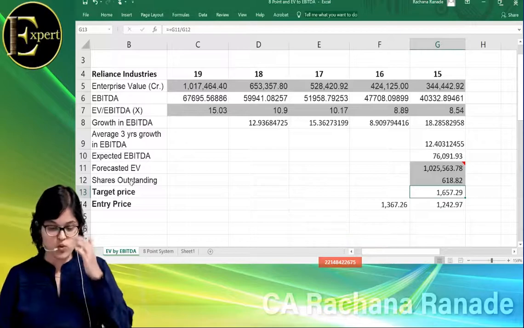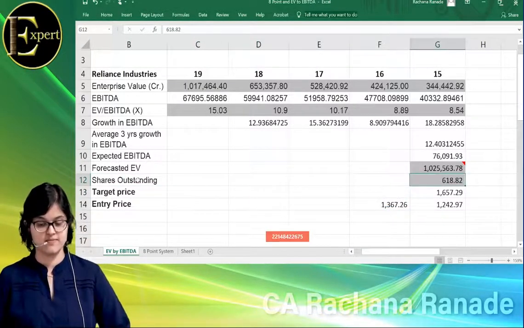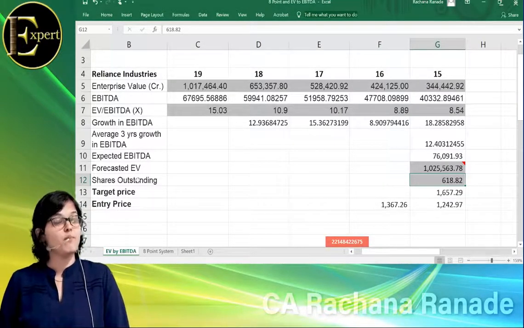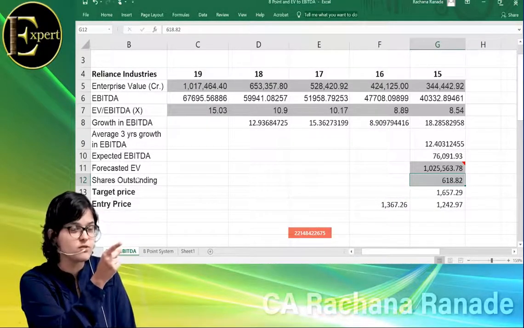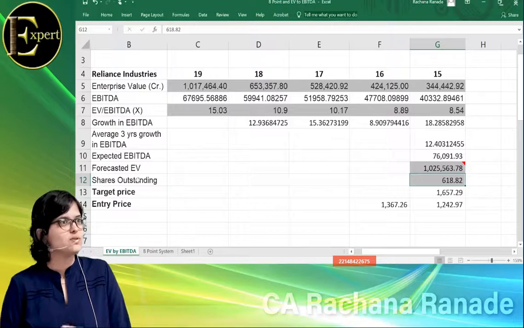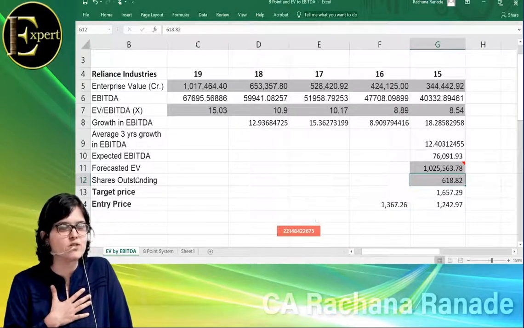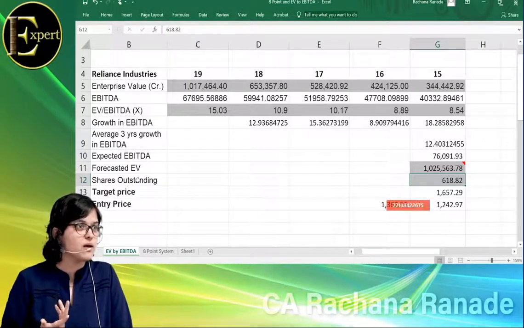Okay. So what is he saying? That if the outstanding shares increase, if they issue fresh shares, then your per share value will go down. That is what I was trying to talk about. This is an external factor which comes into the picture. This was nowhere in my calculation, and nowhere in my control. If such things happen,